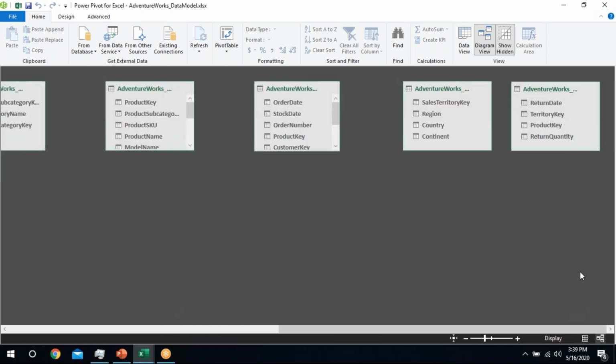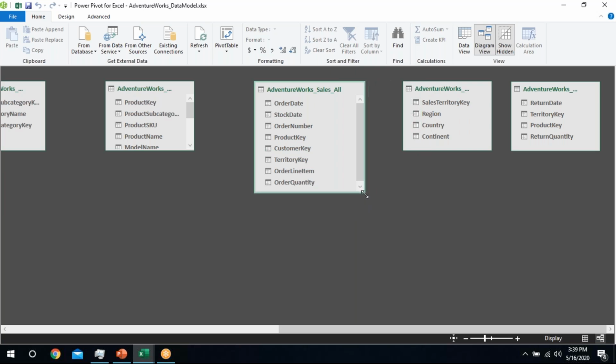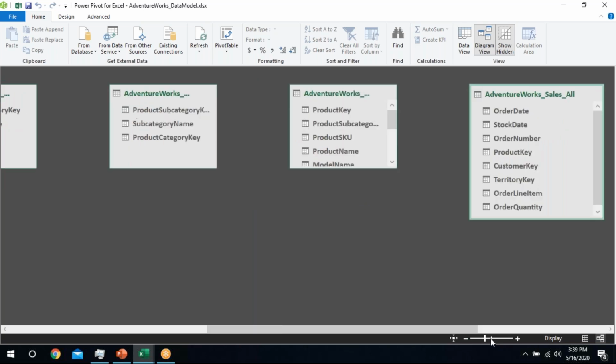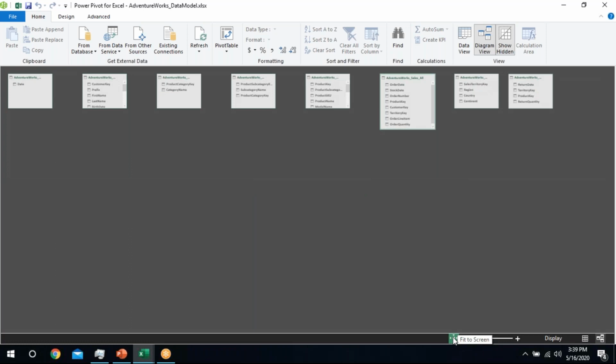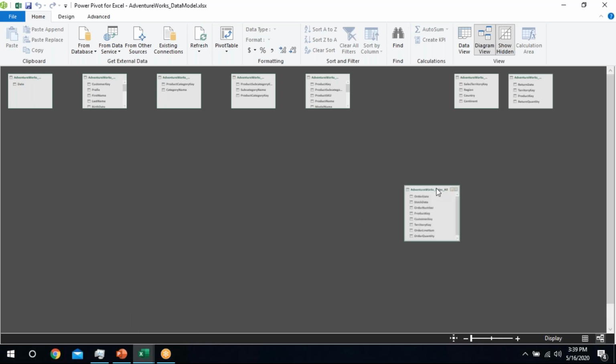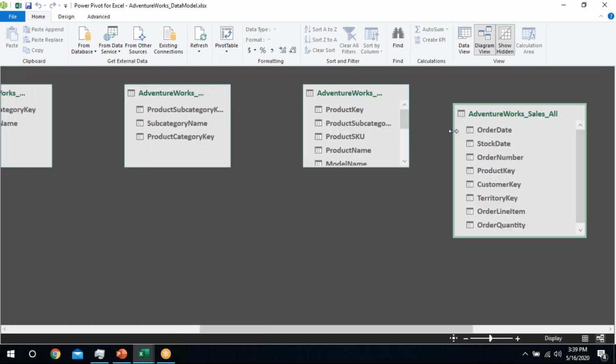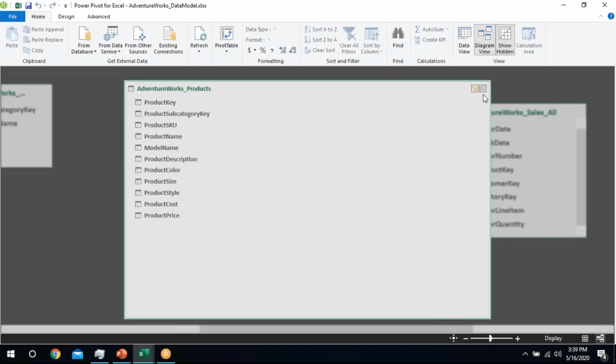I know that my sales data is available here. Okay, before going into details, certain hacks about this environment. We can zoom out and zoom in. By pressing this fit to screen button, we can fit all of the tables in the single environment. We can just drag and drop to move any of the tables. Just click on the header and move any of the tables. By this button, we can maximize to see all the fields of the table.